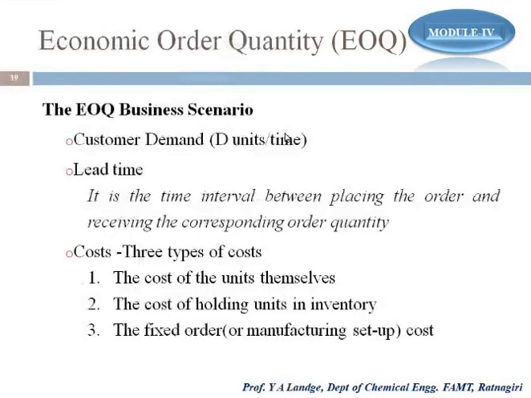the EOQ business scenario. Here we have one formula where we calculate the average quantity to be ordered, whatever material you need. So first, the customer demand, which is denoted by D. When we are making the model, we always look at the demand, because whatever the demand of your product in the market, accordingly you purchase the raw material for it, hold that raw material, and